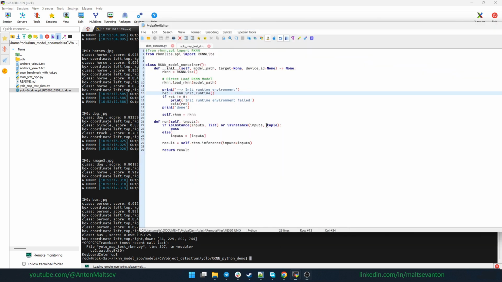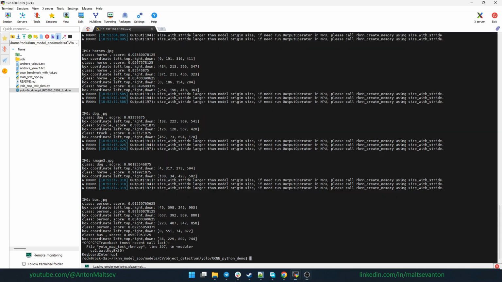Okay, and here is the final adjustment. We need just to init runtime without any parameters. Okay,